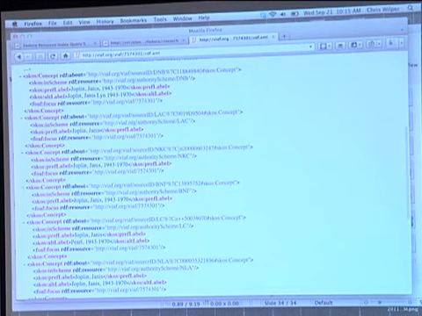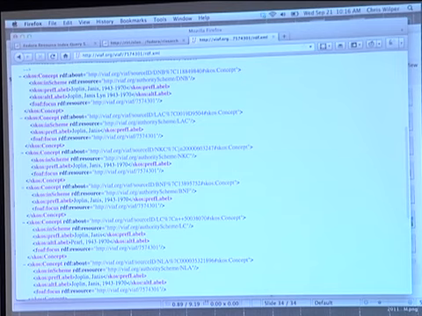SKOS is a simple knowledge organisation system, and it's basically a fairly high-level schema for describing thesauri and vocabularies, particularly ones that are expressed using the standards for thesauri and vocabularies. And so they're describing the concepts in SKOS, the labels for those, preferred labels, alternative labels. And you can see in the RDF about attributes there a whole bunch of different identifiers that correspond to the identifiers in different systems, and basically it's making an assertion that all of those are the same kind of thing.